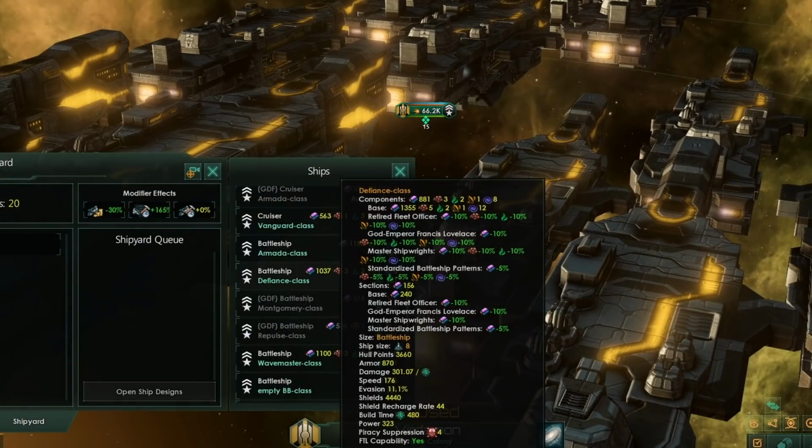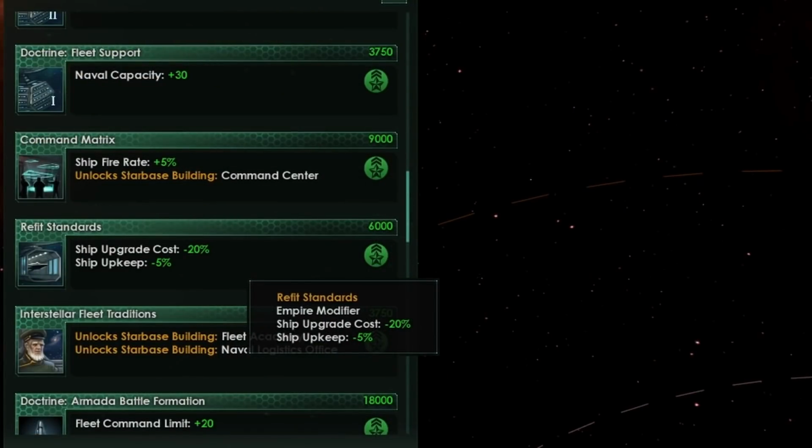Normally to build one of these battleships it would cost 1,000 alloys, we've done it for about 300 apiece. This is all happening because we have the refit standards technology. That is granting a minus 20% to ship upgrade cost, which I believe is stacking with all of those other ship cost modifiers to give us some phenomenally tiny upgrade costs when we upgrade our empty ships to those ridiculously